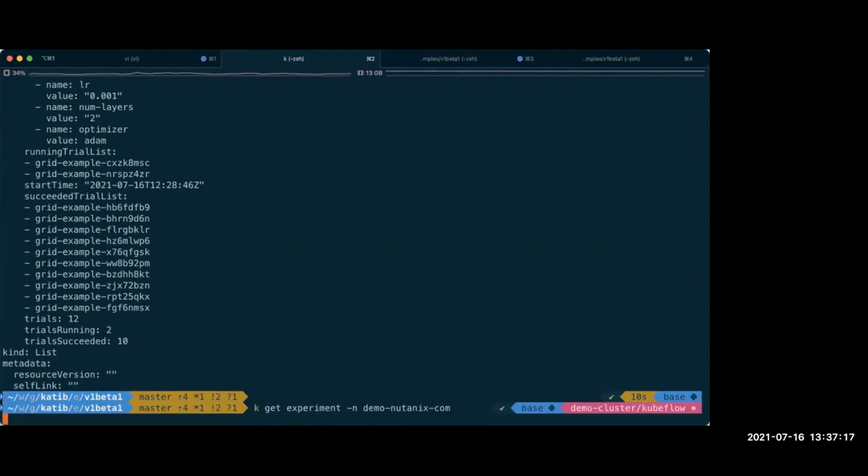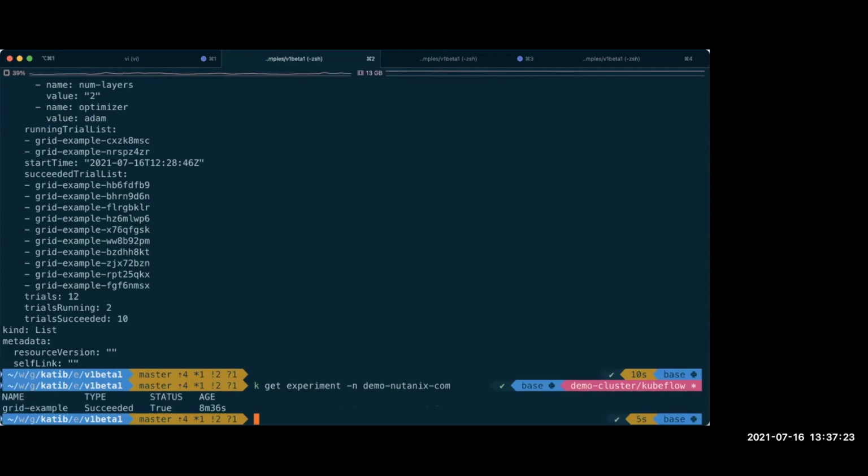So I'm happy to take questions if you have. Did it clarify your previous question? So I'm doing that in a separate namespace which doesn't have the admin privileges. So this can be done except for the Katib installation. You don't need any admin privileges. So here I'm just doing everything from the command line. You have a UI, which I think in the next section, Kimonas will show the new UI, and that will be helpful. So I'm not looking at the UI right now. I'm doing everything from the command line.